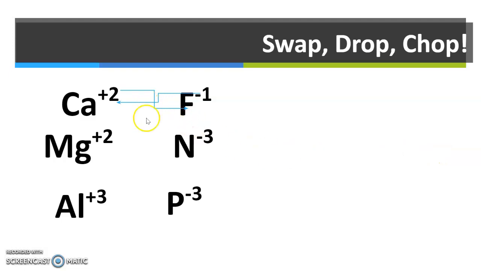So now that we've done the first two examples, or I've done the first two examples, go ahead and try to do the last one on your own. So you have aluminum and phosphorus. So in your